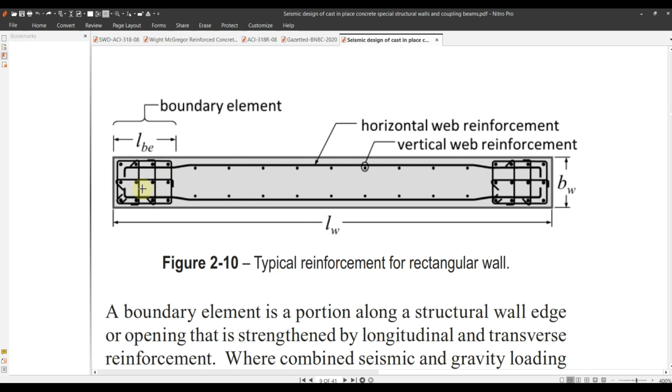These reinforcements, the reinforcement detailing can be of many types. You can provide the same reinforcement all over the wall, say 20 mm at the rate of 5 inches center to center. And then you can have a boundary element at the edge. Otherwise, you can have a higher concentration of reinforcement at the boundary element or at your edge zone, and then a lower distribution of reinforcement, lower area of reinforcement. Okay. Say, for example, you have here 25 mm at the rate of, say, 4 inches. Okay. So there are so many reinforcement. You have added here some reinforcement in the middle as well, whereas you don't have middle reinforcement here. So you can add middle reinforcement here, or in whatever fashion you may find feasible or logical. You can add your reinforcement